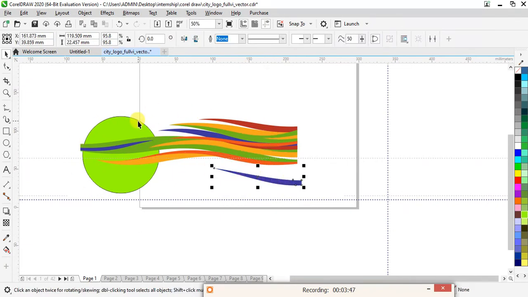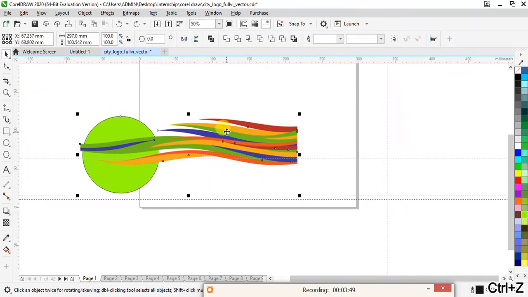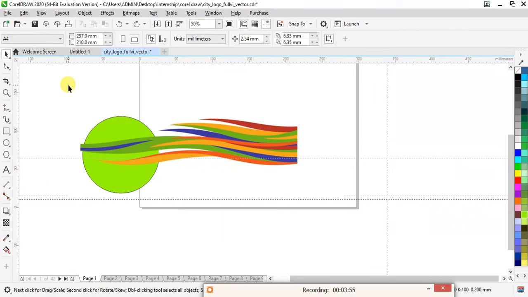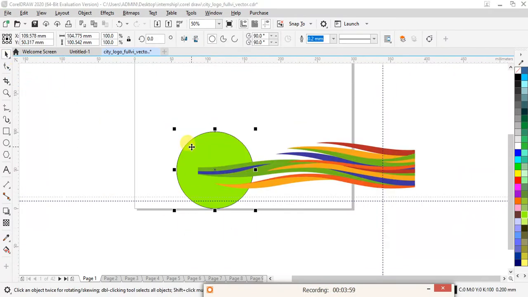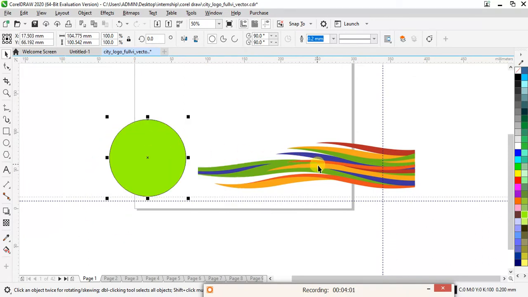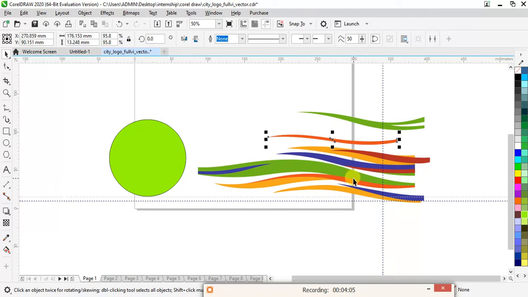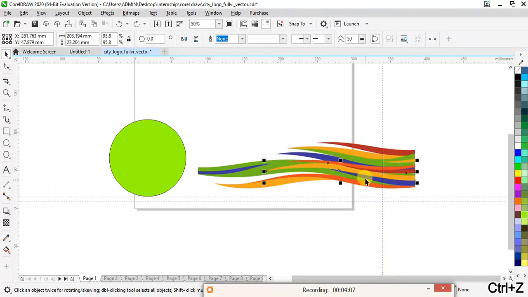This part was ungrouped. I want to ungroup this whole thing, so I will do ungroup. Now I can ungroup all the parts. This is how grouping and ungrouping is done.